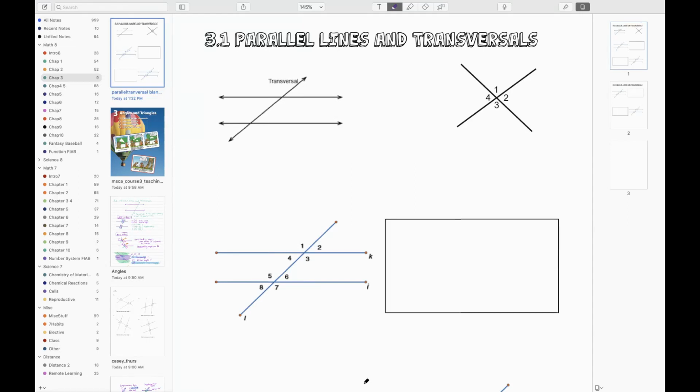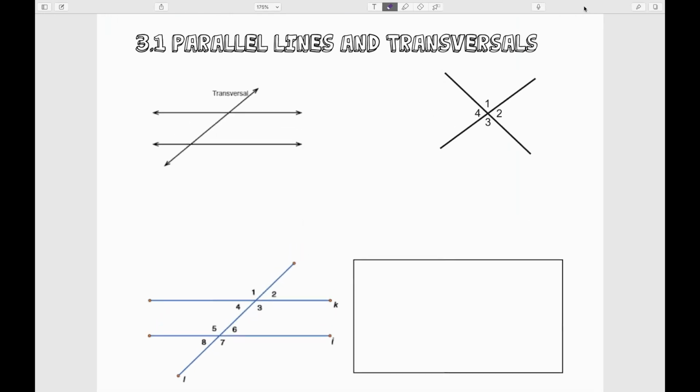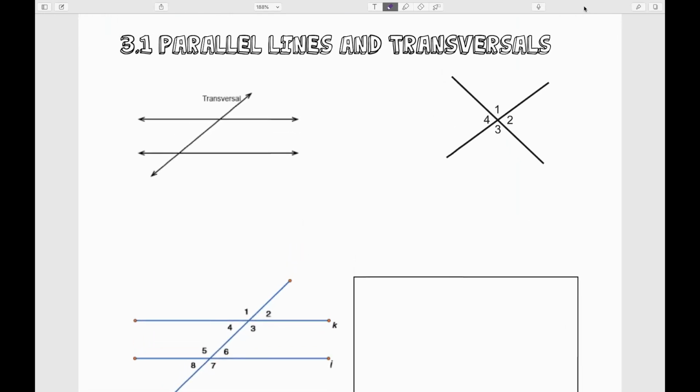Hello. So we are going to learn about parallel lines and transversals. There's some prior knowledge that we have with this, and the first thing that we're going to go over and talk about is just some vocabulary. So first of all, parallel lines. Parallel lines are two lines that never intersect, and so